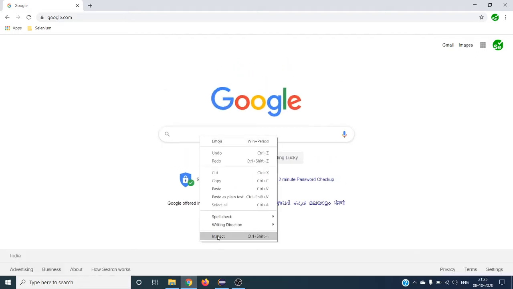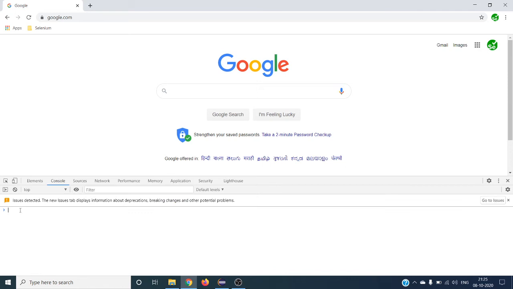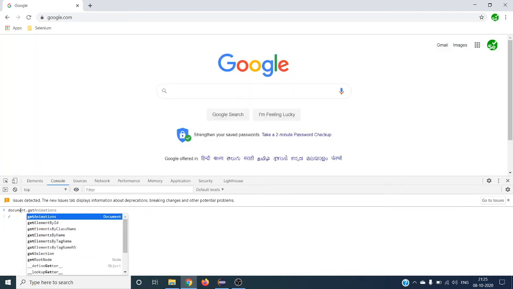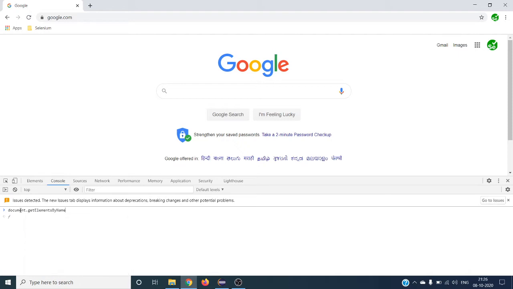Let me open the developer console again. Go to console. If you type here document dot getElementsByName, we have found name as q. So here it is getElementsByName, and this returns a list. So I'm going to take the first element from the list, dot value, we have to give the value equal to, in single quotes we can give that send keys.